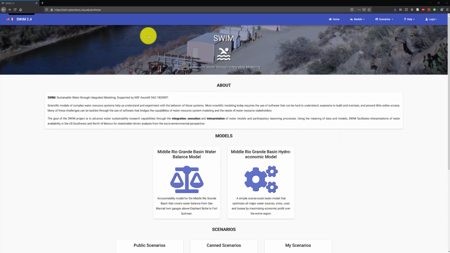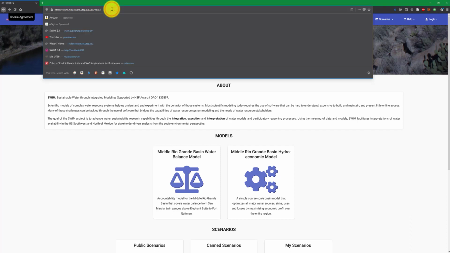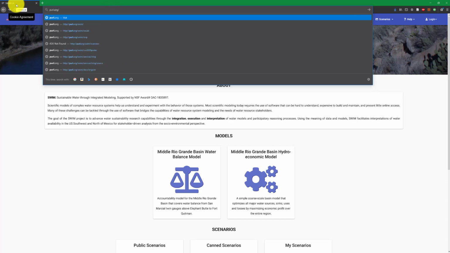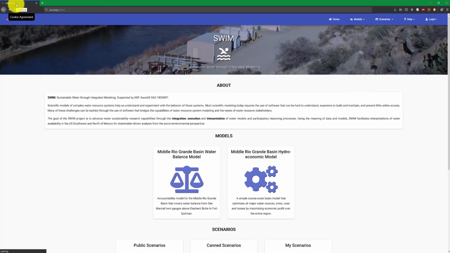So to start with, you will need to open up any browser that you want, but we recommend that you use Mozilla Firefox. And you would go to the website purl.org/swim, and that URL will directly redirect you to our project website, which is actually swim.cybershare.utep.edu. So once you're on the site, this would be our home page, where you will have a little about section